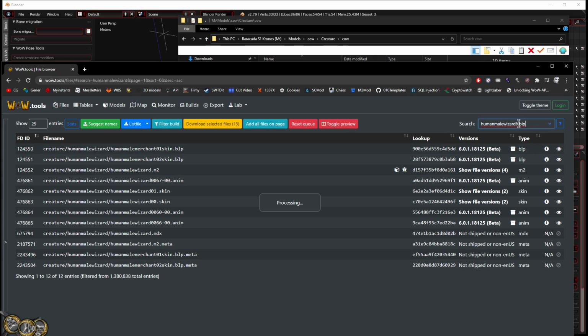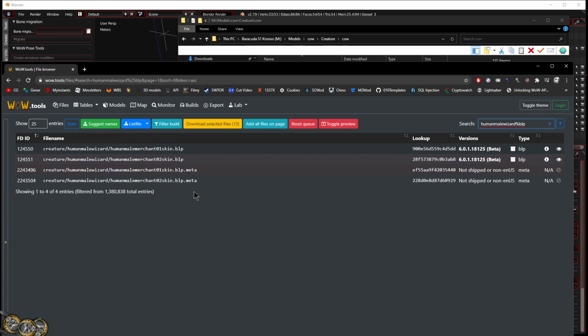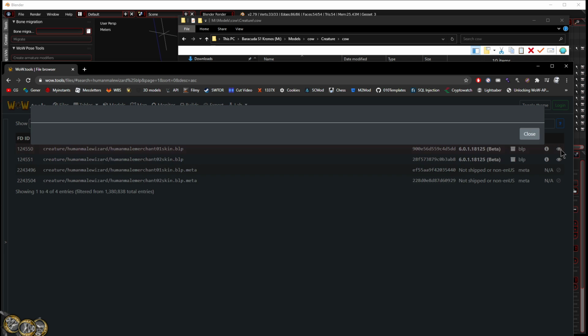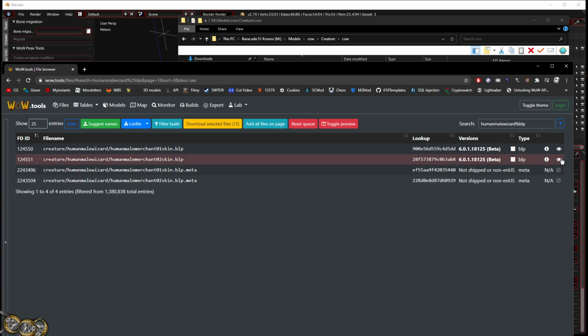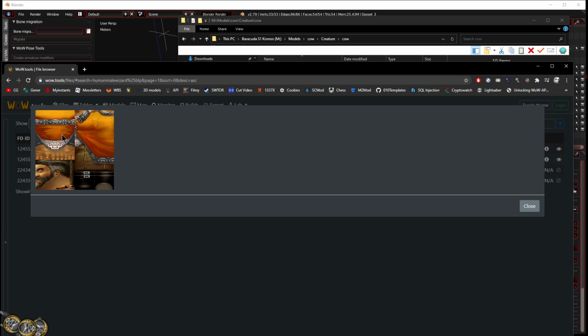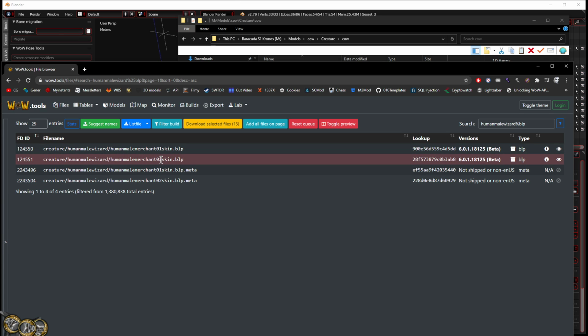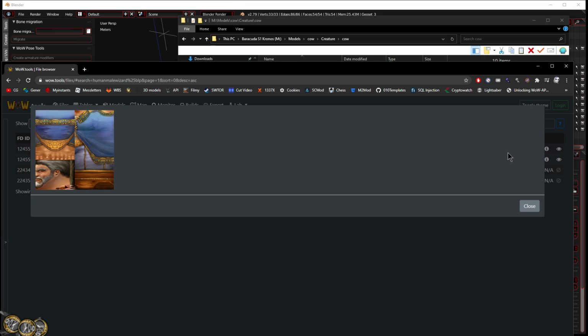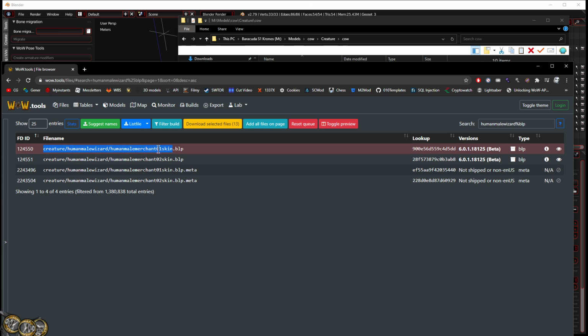Let's go with percent BLP, it will sort it. Okay, there is a skin 1. How does it look like? Okay, that one is blue. That one is the orange one that we are using, so we have the O2 skin. But I would like to use the blue one, for example, so we can copy the whole path